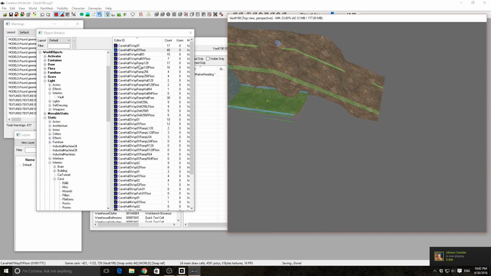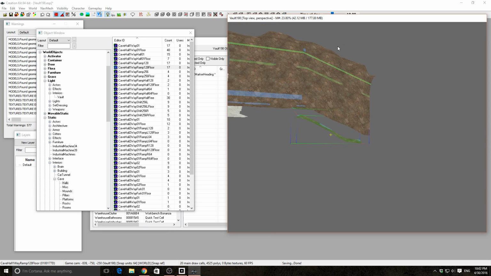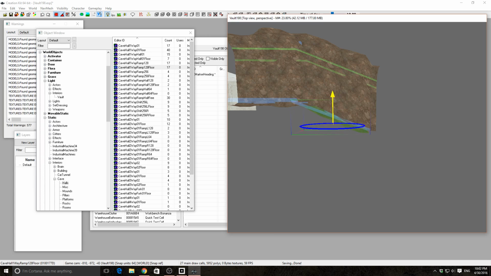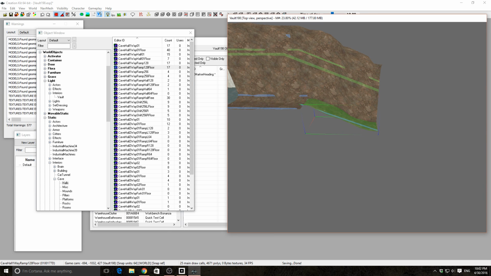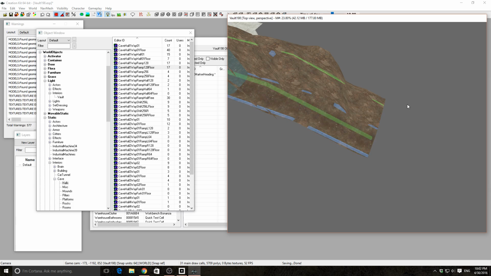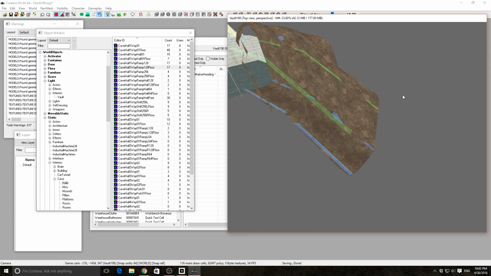And see here, ramp floor. Oops, too far. There we go. Now the cave pieces, if you'll notice, oh